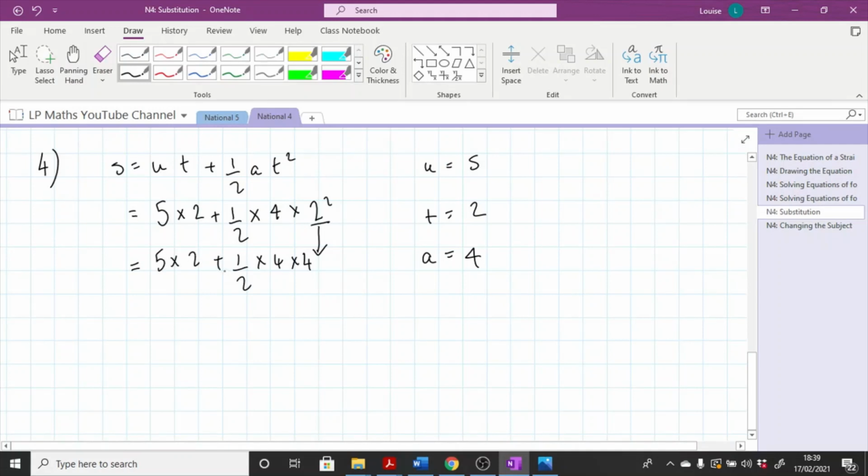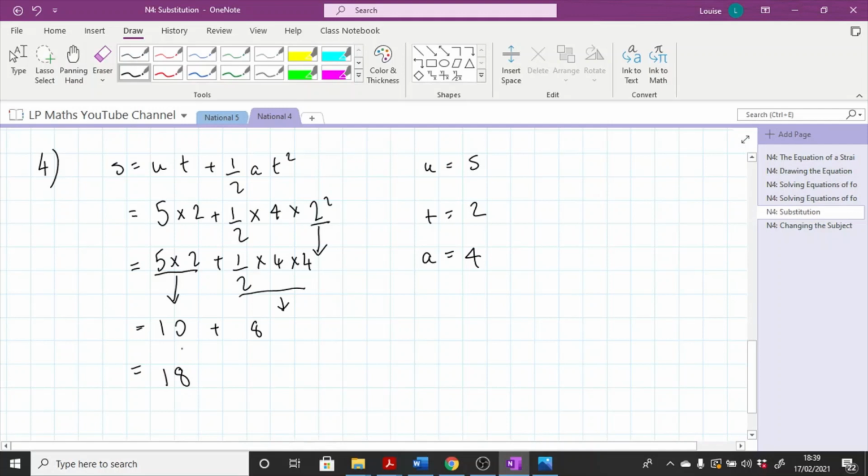And then the next part is the multiplication. So we can do all the multiplications. So 5 times 2, we know that's 10. We have 10 times 4 times, we have a half times 4 times 4. 4 times 4 is 16. Half of 16 is 8. So what we're going to do is just add them together finally to finish off, and we get 18 as